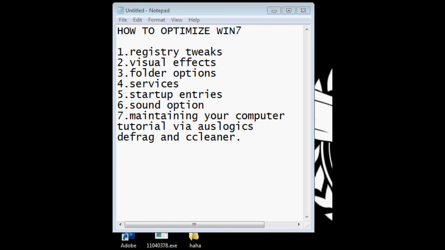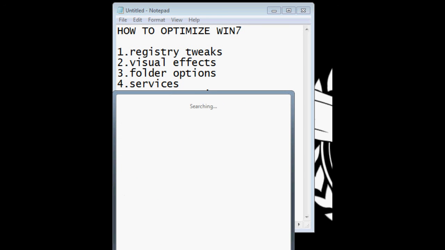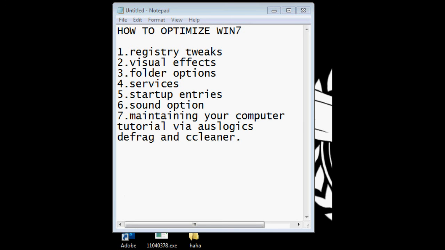Step 4, services. Just run the command services.msc, and a window will pop up. Wait, it's kinda laggy.